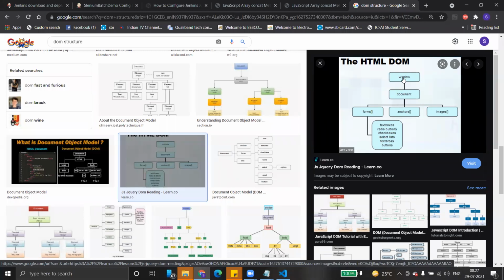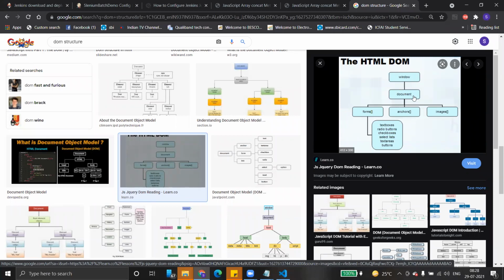Below window, we have another object called the document object. So the top of the hierarchy is the window object. It's the utmost element in the hierarchy, and the next one is document. Document is a child of window. So we are using window.print, navigate, and so on. Those are actually methods available on the window element. Window print. Do you remember? Wait for some time. Static wait. Those methods belong to the window object.